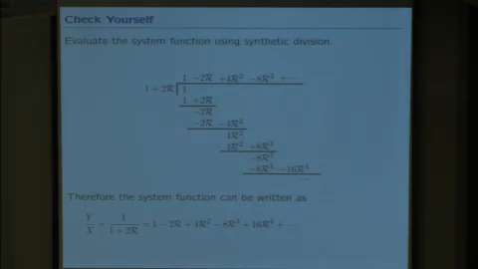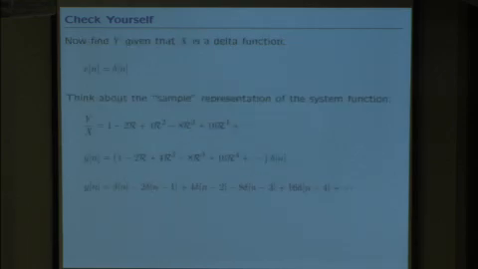I want to think about what would 1 over 1 plus 2r look like. What's the reciprocal of 1 plus 2r? That is 1 minus 2r plus 4r squared, et cetera. So now I have this, which I apply to x, which is a unit sample. So now I want to think about applying this operator to the unit sample signal. But that's easy. The first term just brings out delta. Minus 2r applied to delta shifts the delta by 1, gives me delta of n minus 1, and multiplies by minus 2.